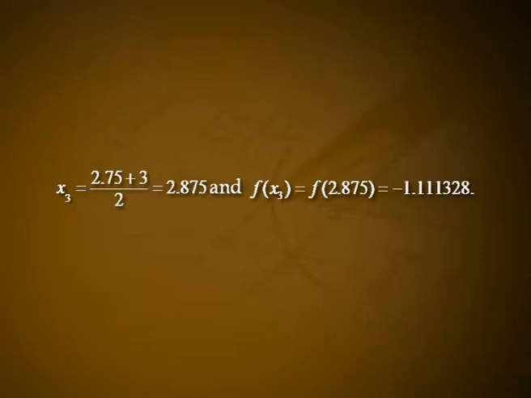Step 4. Since f of 2.5 into f of 2.75 is greater than 0, a root lies between 2.75 and 3, then x3 equals (2.75 plus 3) divided by 2, that is 2.875, and f of x3 equals f of 2.875, that is minus 1.111328. Step 5. Since f of 2.75 into f of 2.875 is greater than 0, a root lies between 2.875 and